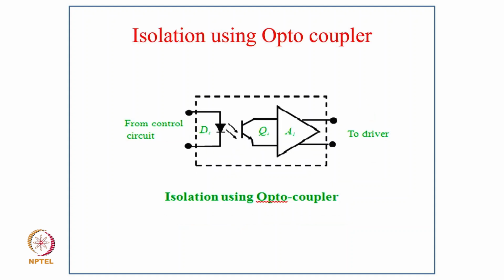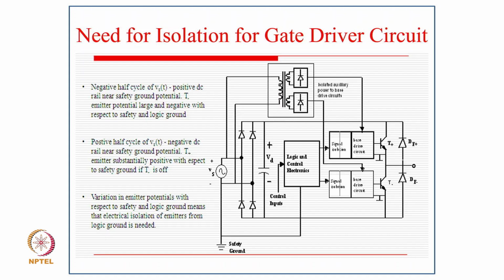And of course for isolation with the optocoupler, you have a photodiode and a transistor with an amplifier used for this optocoupler. Normally these optocouplers are used, as I have already talked about, at MOSFET level and for typical devices like IGBT, and of course the pulse transformer is used in thyristor and triac.